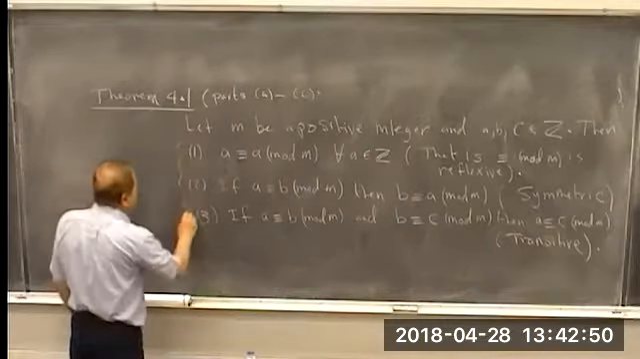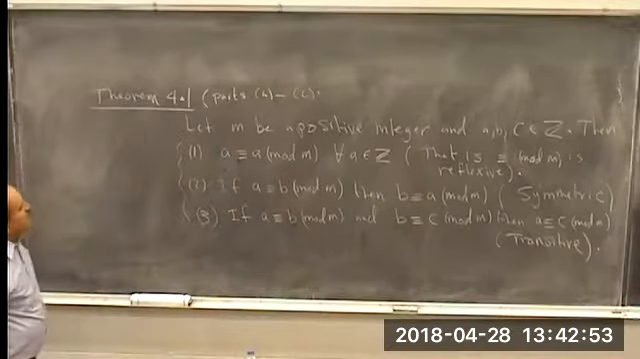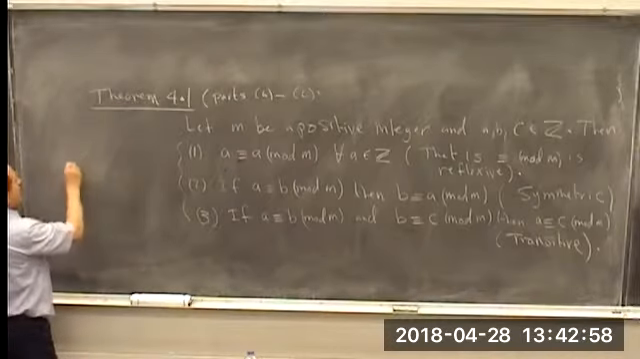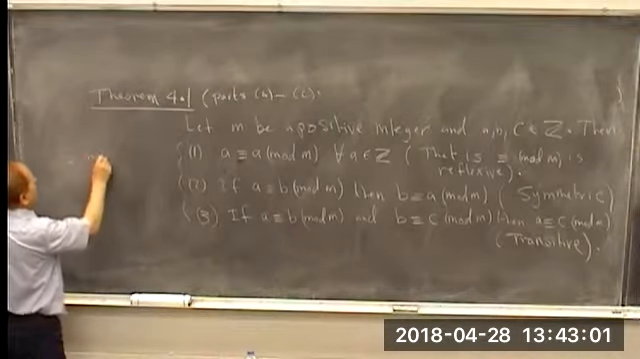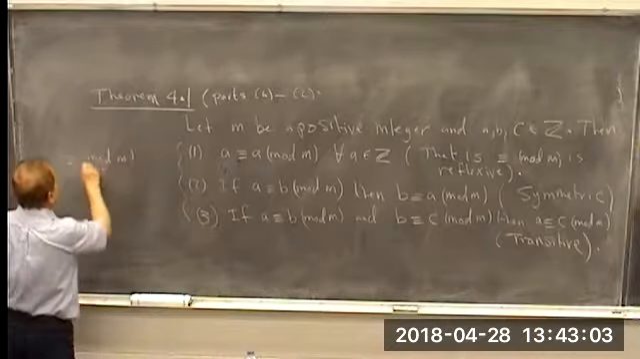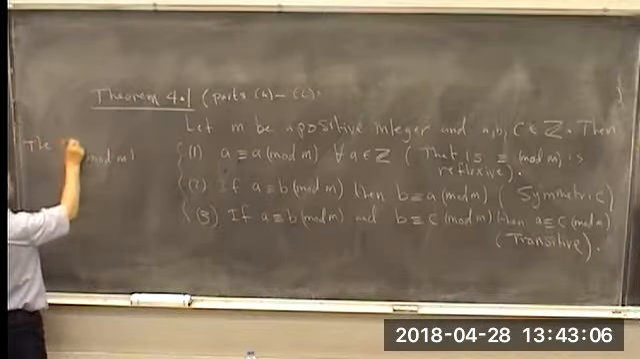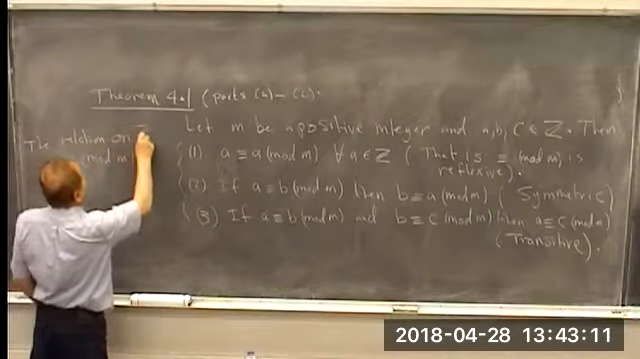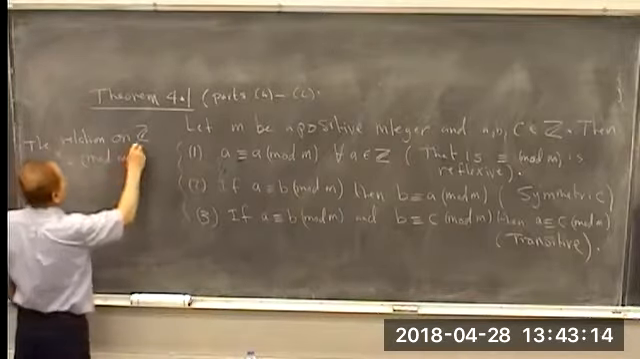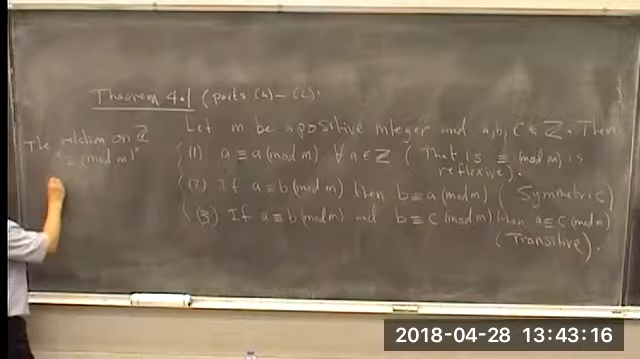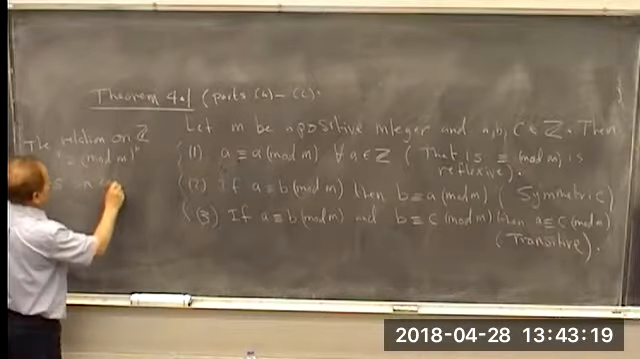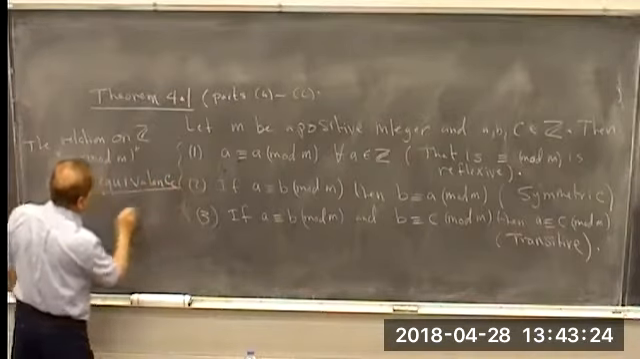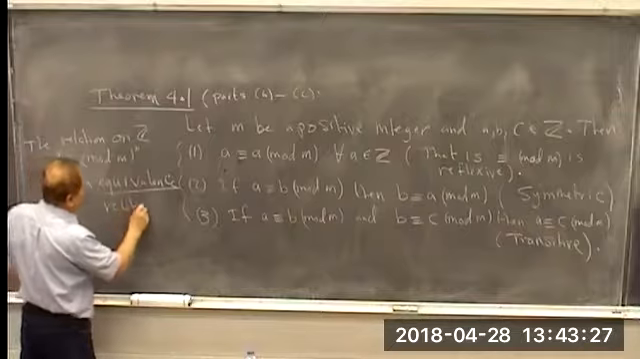Any relation that satisfies these similar properties, we call an equivalence relation. So the relation on the set of integers, which is congruent mod M, is an equivalence relation. It's an equivalence relation. And knowing this,